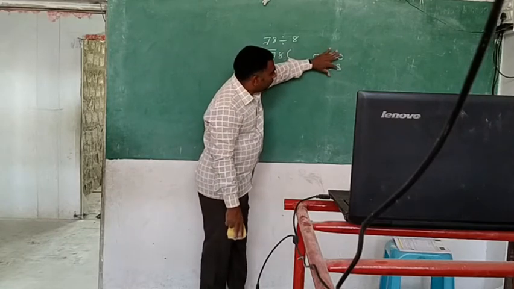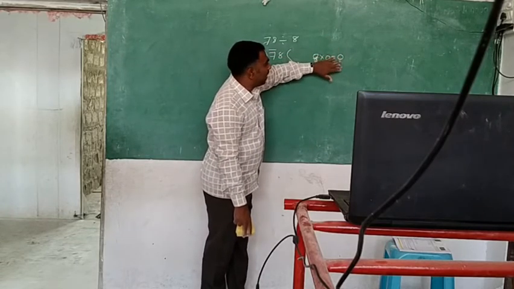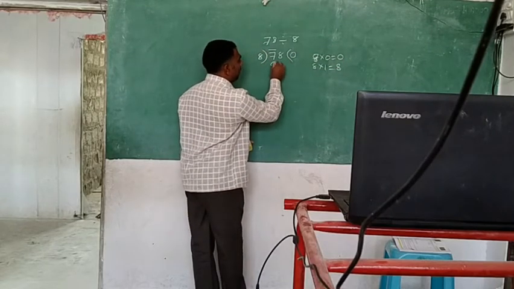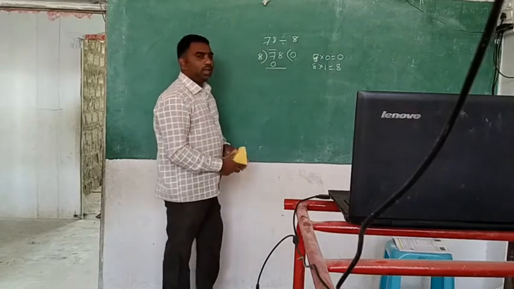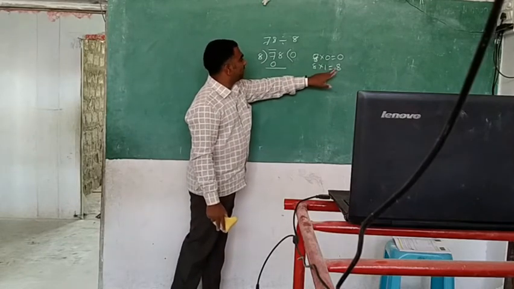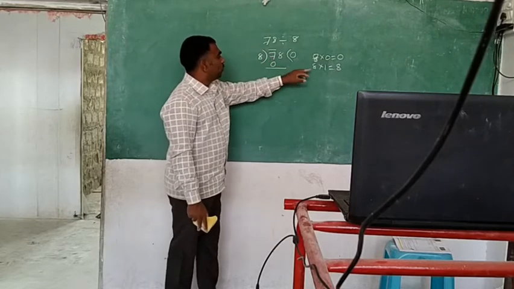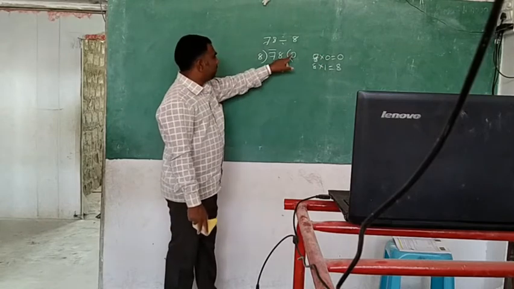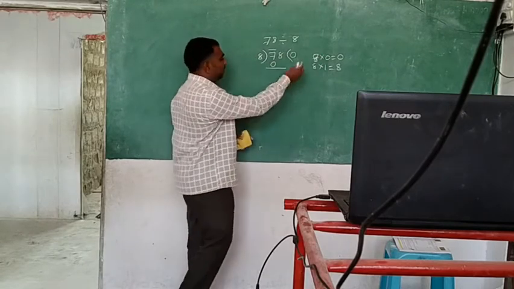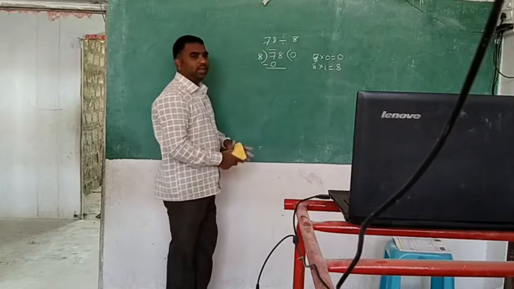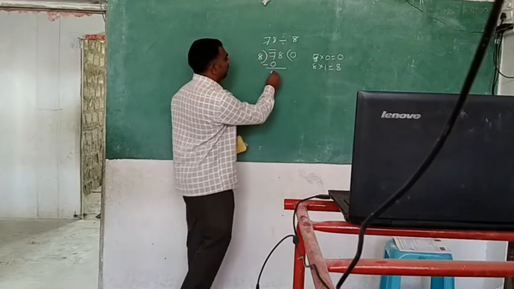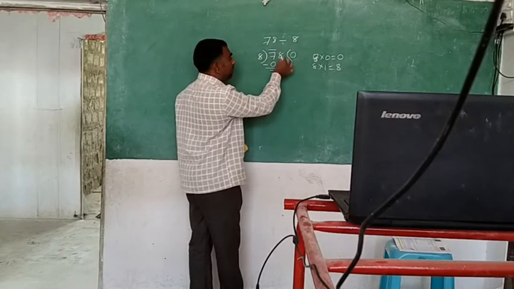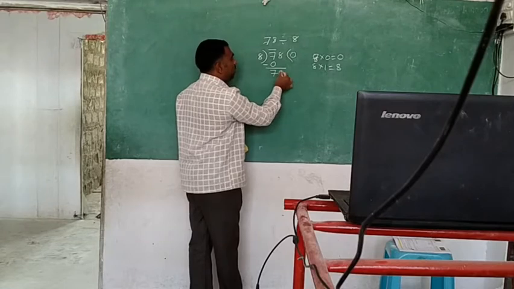Then just less you have to make, I said. Means less than that, 0 is less. So that's why you write 8 zeros are 0. 8 ones are 8 is bigger than the 7. So you will take 8 zeros are 0. After that, if you do the subtraction, 7 minus 0 will be 7. Then I said to you, consider the other number. The other number is what? 8. You take the 8 down here.